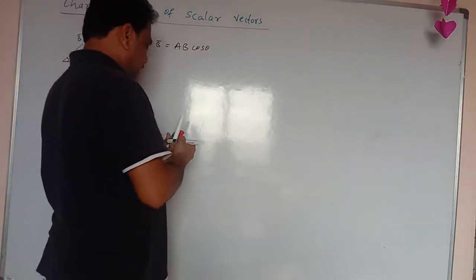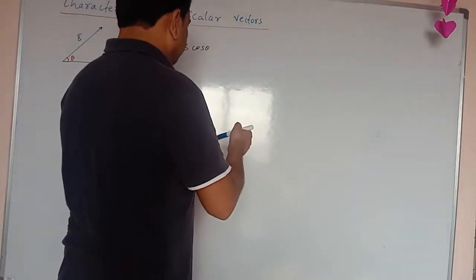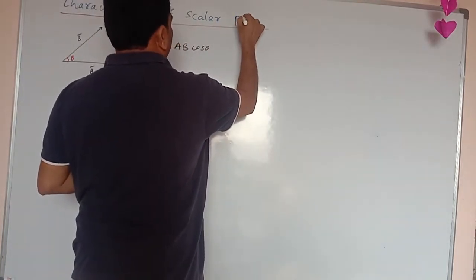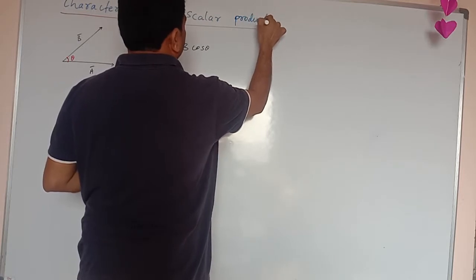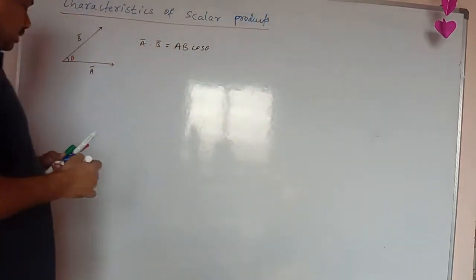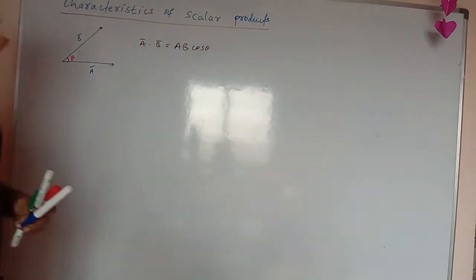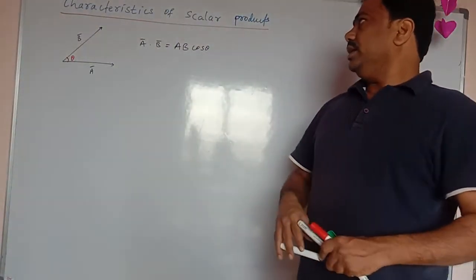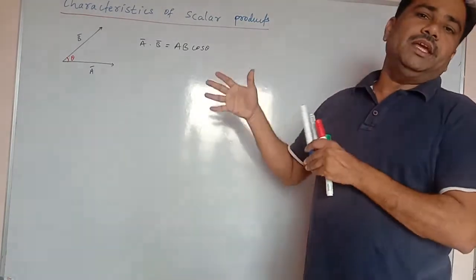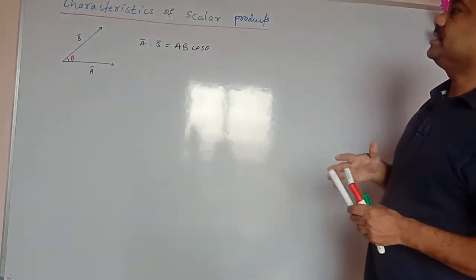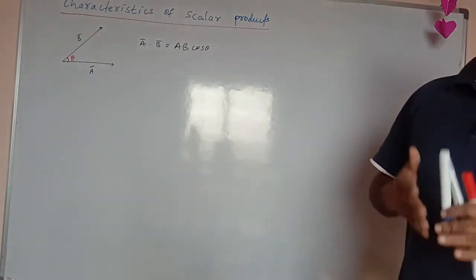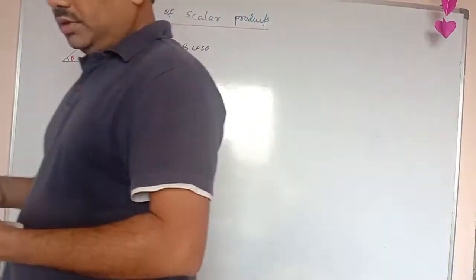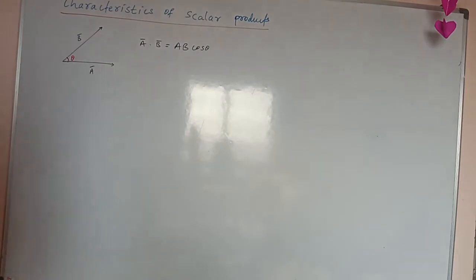This is the scalar product, or we can say dot product. We have already seen three characteristics of these dot products, so today we have to discuss the remaining characteristics which are necessary for dot products. Our fourth characteristic is